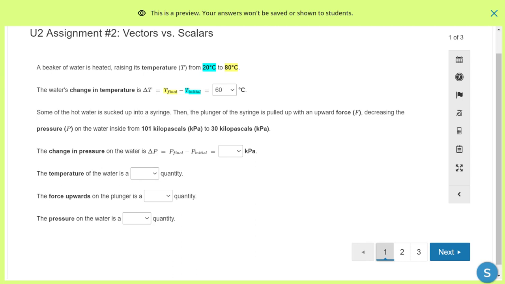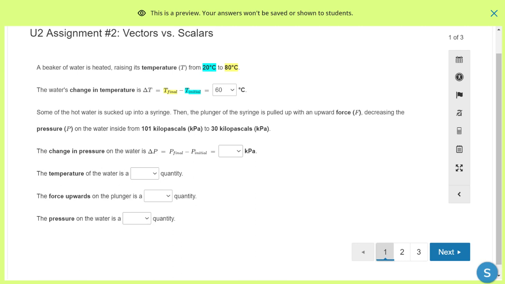In other words, if I pull up on the plunger of the syringe and give the water more room, then I won't be pressing down on it as much, which means the water can escape from itself a little bit easier. If you think of the water as a bunch of little particles wiggling around, their temperature is basically a measure of how fast those particles are moving. So a higher temperature means the particles are moving faster. The boiling point is basically when those particles are moving fast enough to fight the attractions between each other